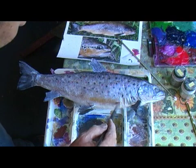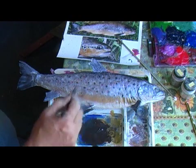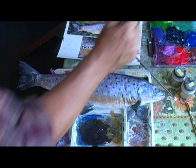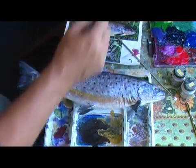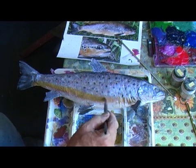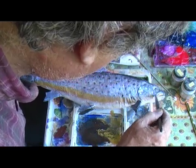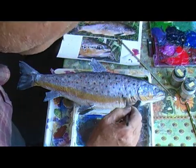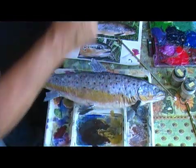A bit more cream under the belly here. Put it along and then we'll thin it out. So we'll use the acrylic as a glaze. We'll put along the colour first and then use the water to thin it in afterwards. Because it's quite a nice strong yellow along the bottom here of this fish. From its top lip into the cheek, around the gill there, into the side of the fish, and right up here into the... Now if I use water, clean water, and just